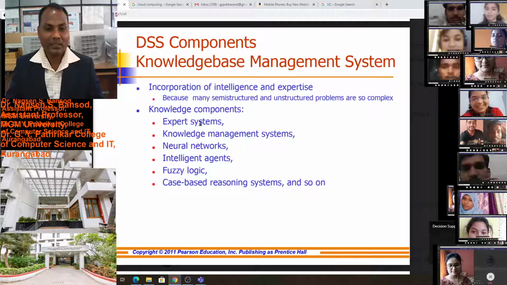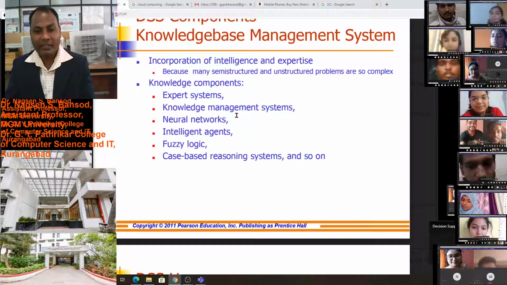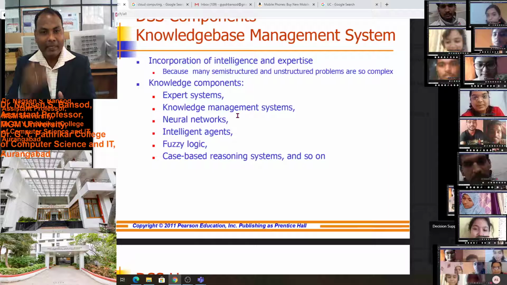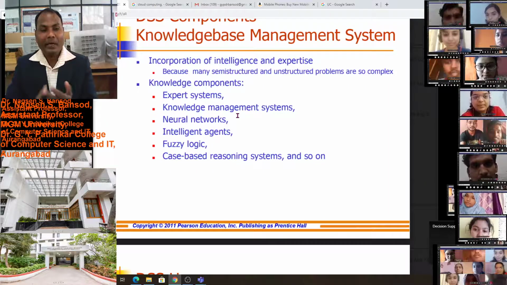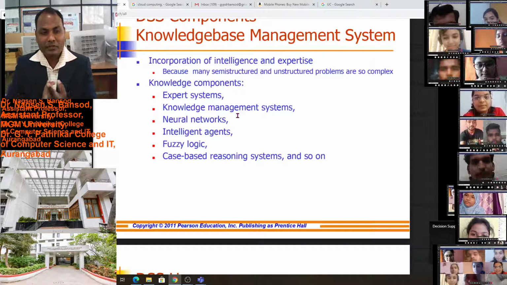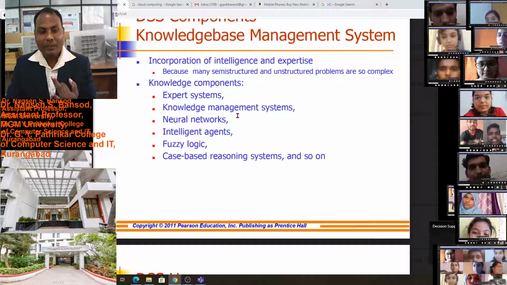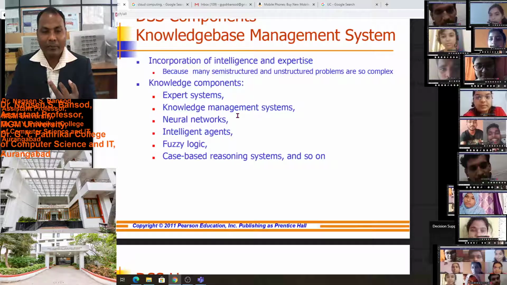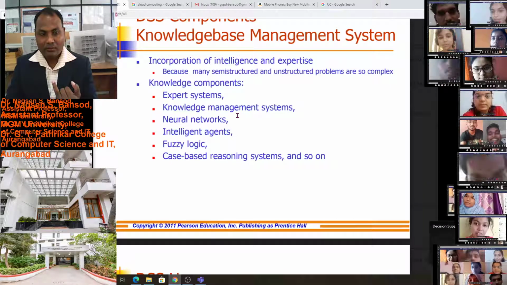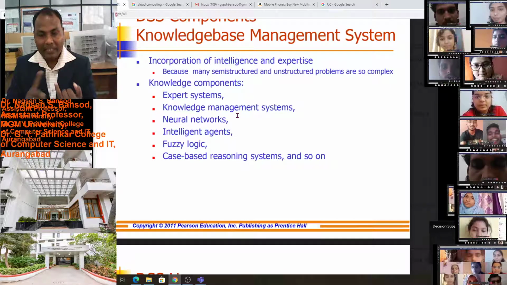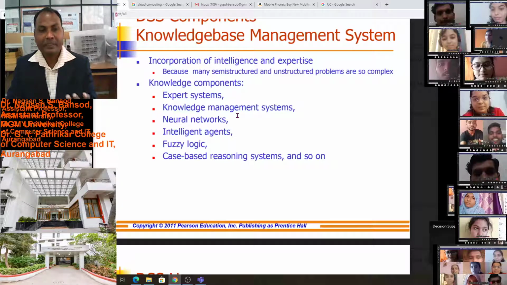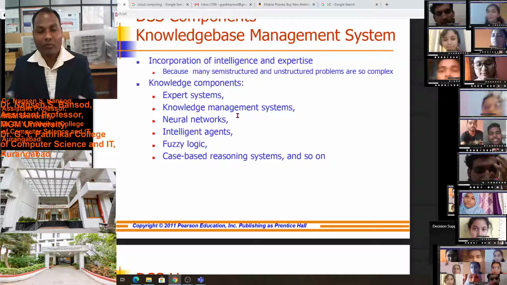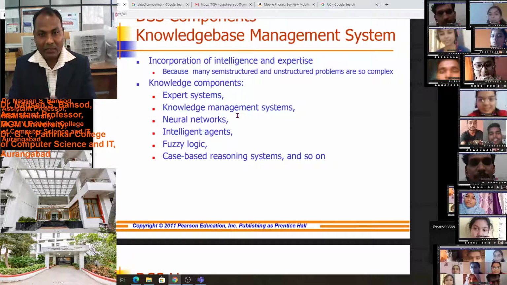Knowledge management subsystem: in this knowledge management system we will manage all the feedback of the clients, all the experiences of the employees, all the knowledge of the company owner as well as the employees, as well as some experts or special persons, whose knowledge we will acquire, and we manage all these things in one tool.